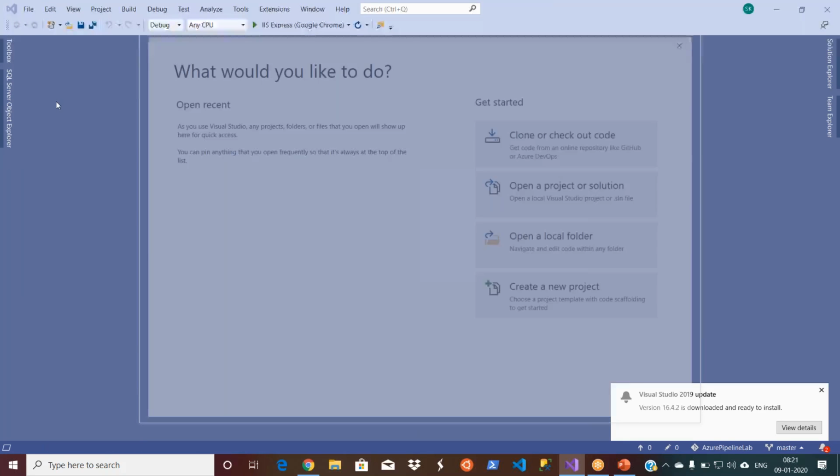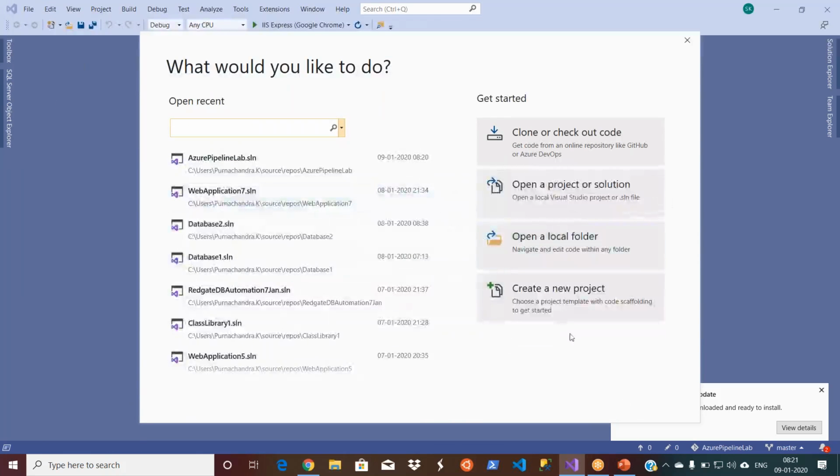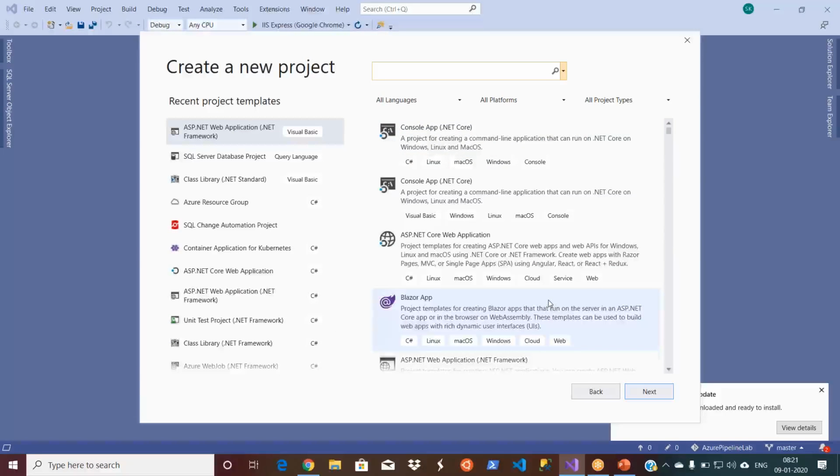Sorry guys, I didn't see the type yesterday. Here in Visual Studio, it supports all the languages. It supports C Sharp, F Sharp, VB, and everything actually. So yesterday probably I selected instead of